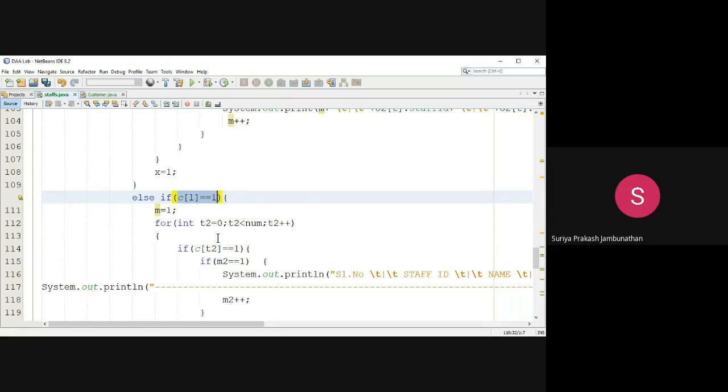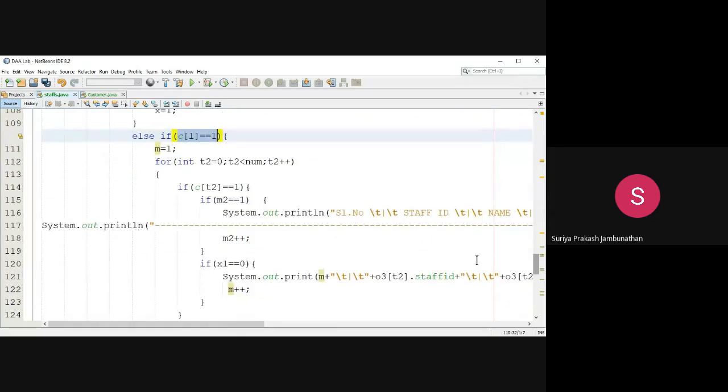This statement displays the technical staff details. Here again we have MC equal to 1 and we are using a for loop: T2 is equal to 0, T2 less than num, T2 plus plus. Here we are displaying the technical staff member details.